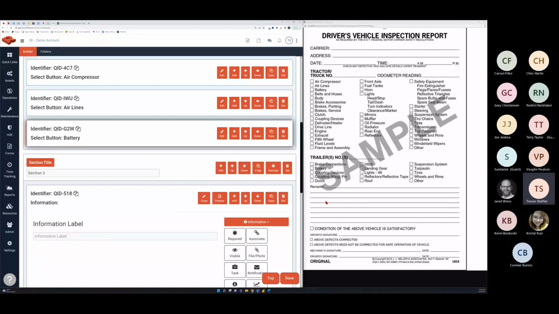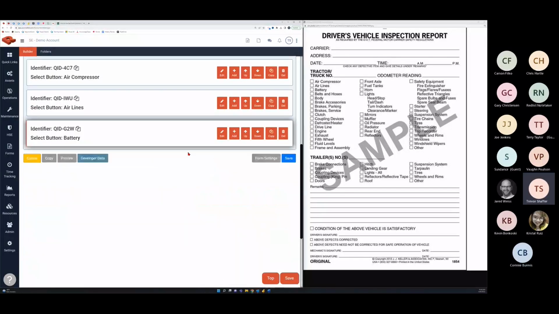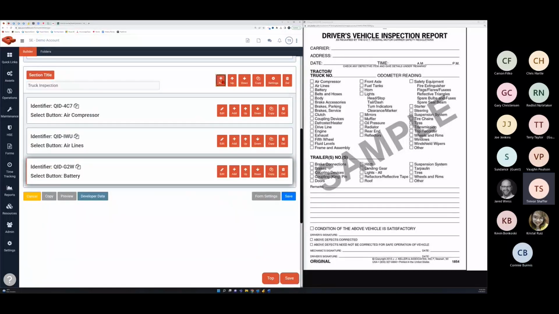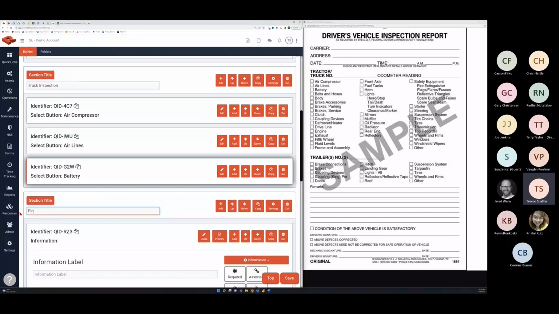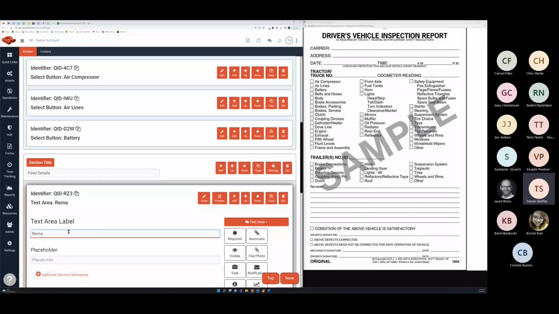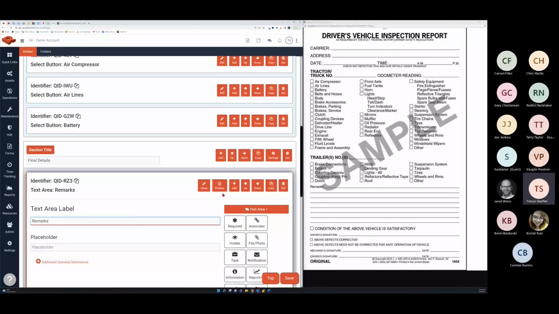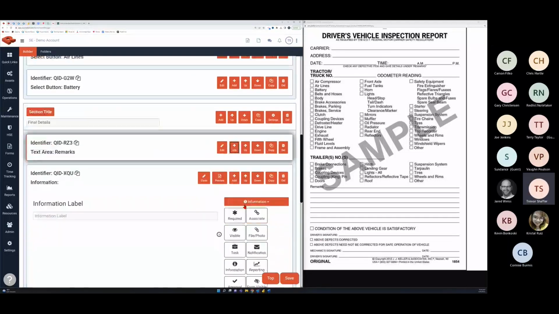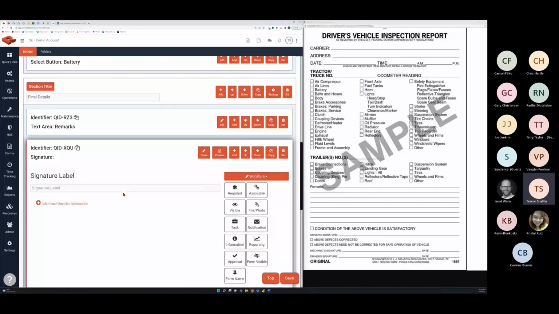The last things that I'll touch on here, I know we're running short on time, and I want to leave some time to get to some questions that may have come in. But like we talked about with these remarks, what I would probably do is add a final section here, and we would tag this as our final details. And I would add a section for my remarks. So I'd add a text area here, say remarks. I want to capture the driver's signature, so I can go ahead and do that. We'll add a question here, do signature. So provide a signature box here so I can do driver's signature,